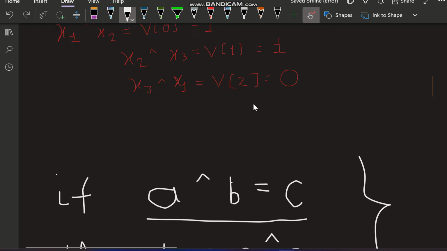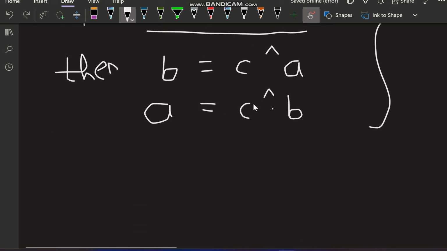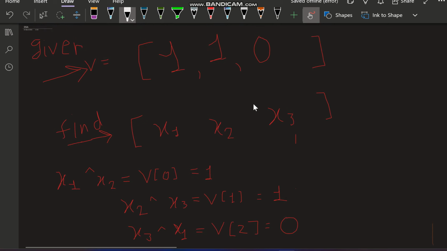Now let's see how we can apply this property to this question. As it is given in the question that x1 XOR x2 is equal to 1, we have to find the values of x1, x2 and x3. If anyhow we can find the value of x1, let us suppose I know the value of x1.